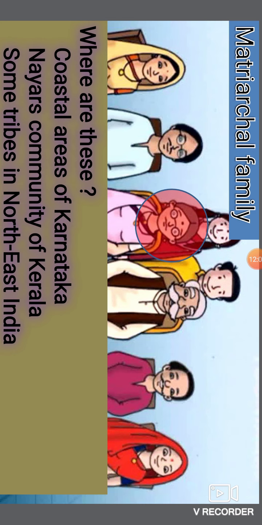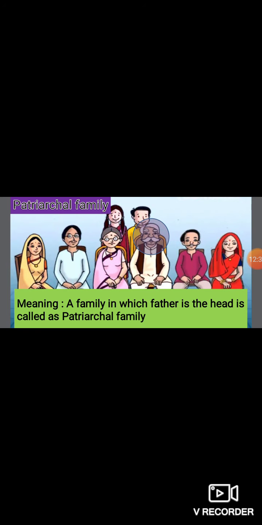First of all, the matriarchal system is practiced among some communities in the coastal areas of Karnataka. For example, it is found among the Nayars of Kerala and among the tribes in northeast India. In this way, we see there are many matriarchal families in our India. And the second one,